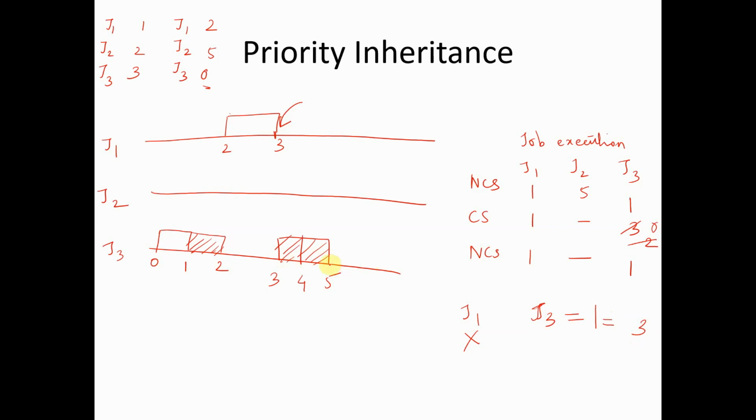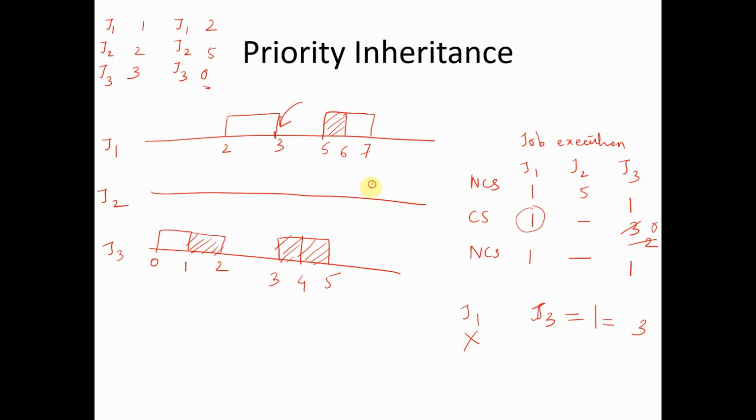Now at this point, once the critical section of J3 is done, if you consider jobs J1, J2 and J3, J1 will have the highest priority because J3 has already completed. Now J1 needs 1 unit of critical section to be executed, so it will execute that. Since it again has the highest priority, it will execute the non-critical section also. So from 5 to 6, 1 unit of critical section of J1 will get executed, and it continues executing the non-critical section from 6 to 7.